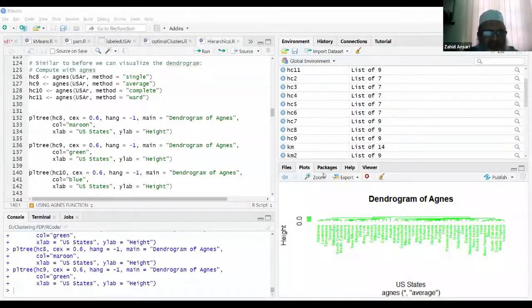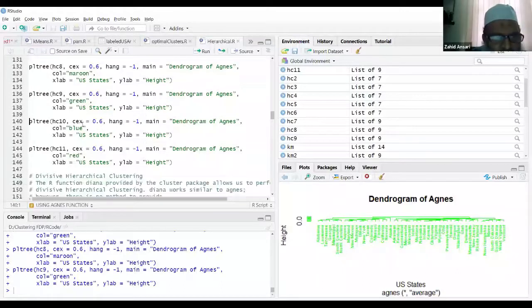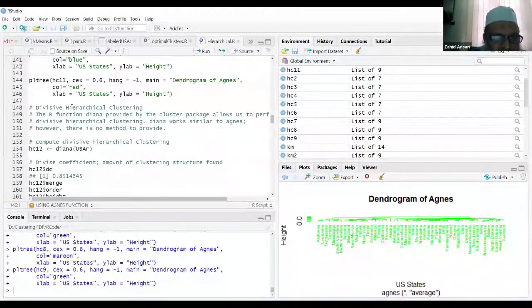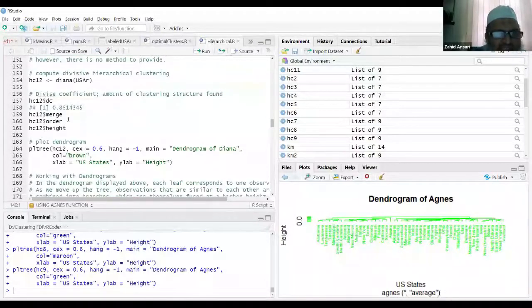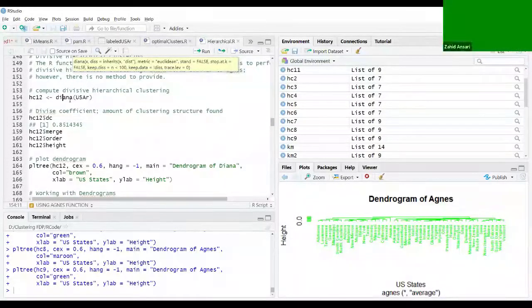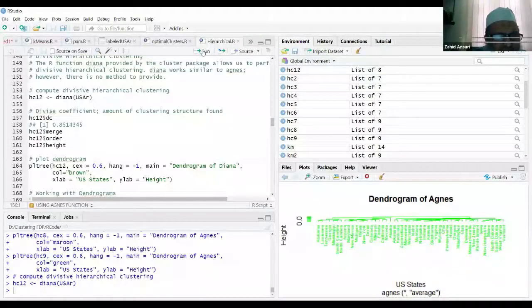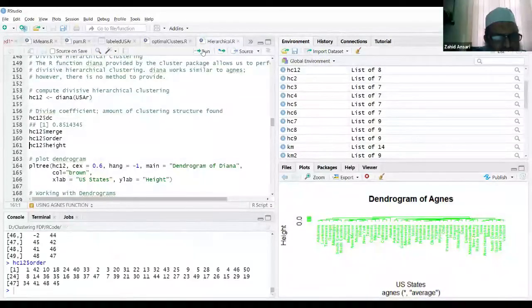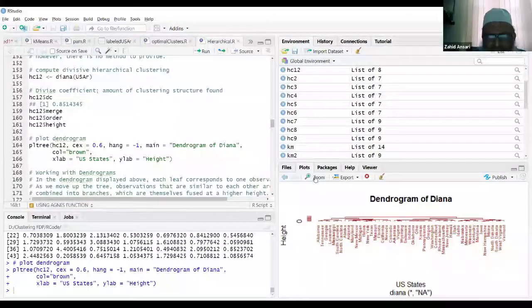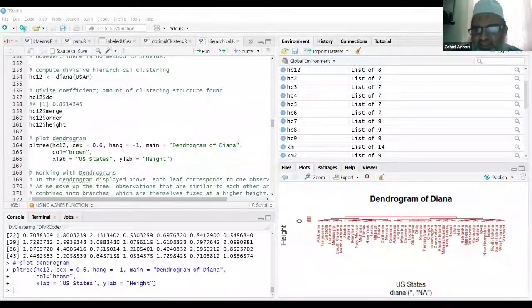Because I want to go for the density based clustering also, I'm just telling you that the divisive clustering can be done by making a call to diana. And here, see, we call diana. We got the output hc2. And if I draw the tree for this dendrogram, this is top-down clustering, the dendrogram is over here. So let's stop for the hierarchical clustering over here.